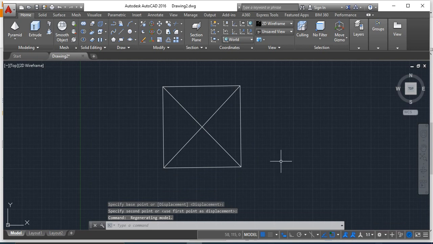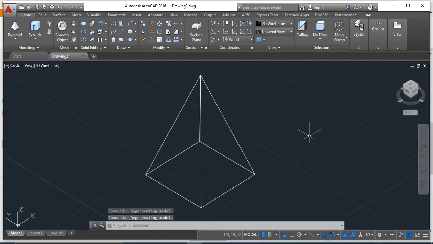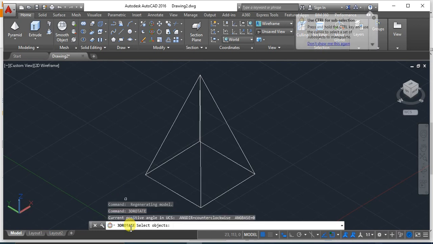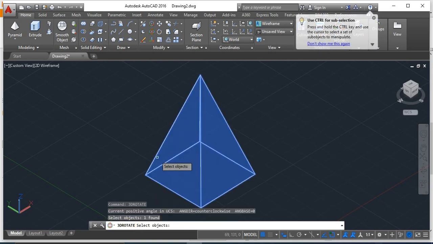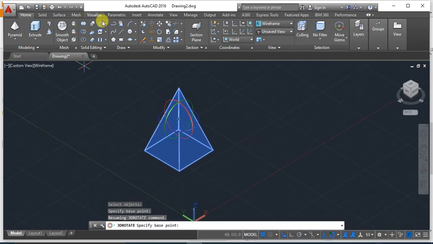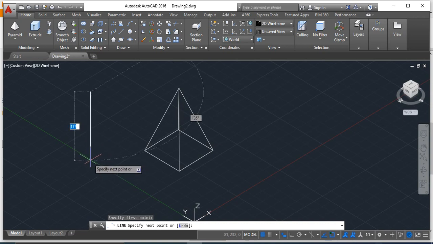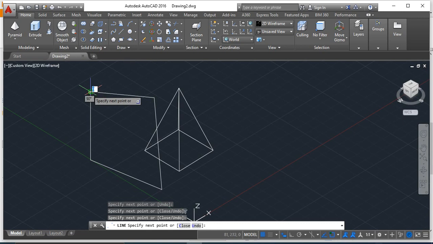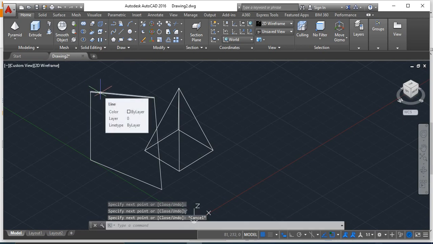Now what you have to do is rotate it equally inclined to the wall. There are different ways of rotating the base, but I prefer to choose an easier way, which is 3D rotate. Select this object, give an enter. Now since it is inclined with the wall, let us assume this is the wall. With this wall it is inclined at 45 degrees. This is just an assumption for your understanding. I've just drawn it, it's not required at all.